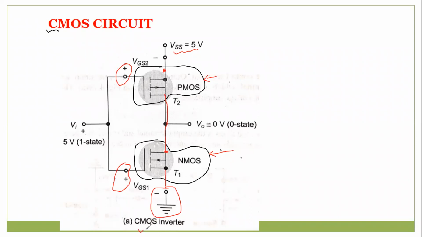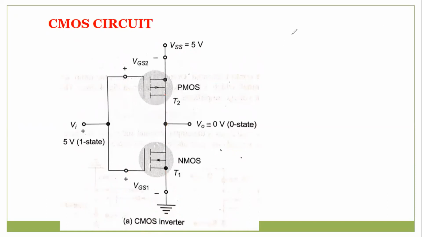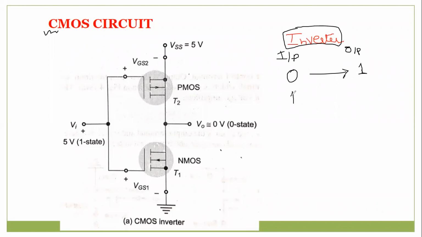Now here you can observe I am trying to make it as an inverter, a CMOS inverter. Now I would like to tell what you mean by inverter. If I provide zero input, logic 0, the output will become 1. If input is 0, I am going to get an output of 1, complementary type. That's why it is called complementary. Because the output will be inverted. And if I give input logic 1, the output will become 0. Depending on your input, the output will change.